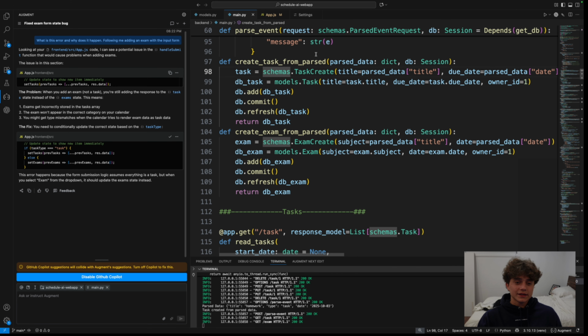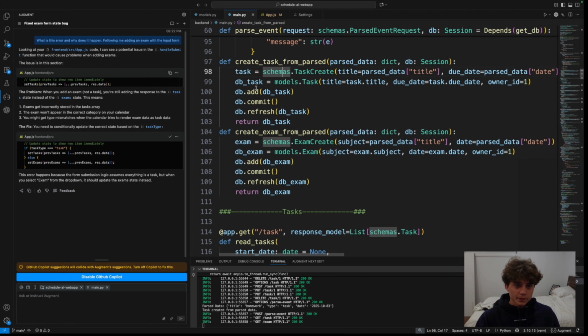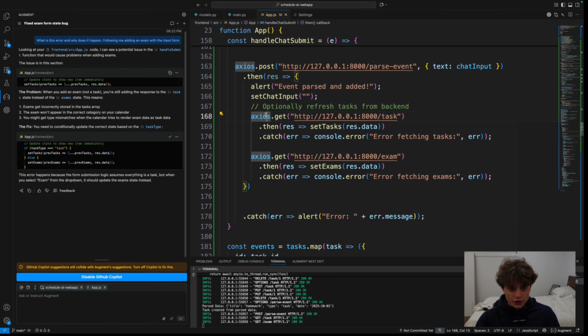So it's basically the same thing as when we created tasks or exams manually. It's just that now it's the AI using these functions. What it does is store the brand new task that the AI just created into the database, and so it's the same as usual now, because your task gets stored in the database, and so that's where the part right there